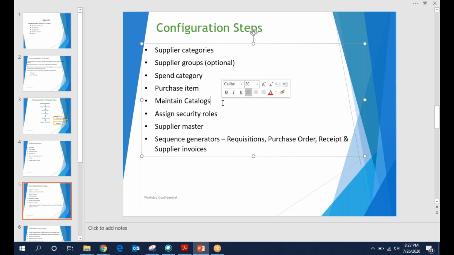I want to add some more points here. For punch out requisitions, usually we will create the Workday accounts for suppliers. We will create the dashboard for them, so the suppliers can, through the dashboards, approve the purchase request, or they can add the catalogs and pricings, everything they can do. Usually in the initial stage, we create the Workday accounts for suppliers for the punch out creations.